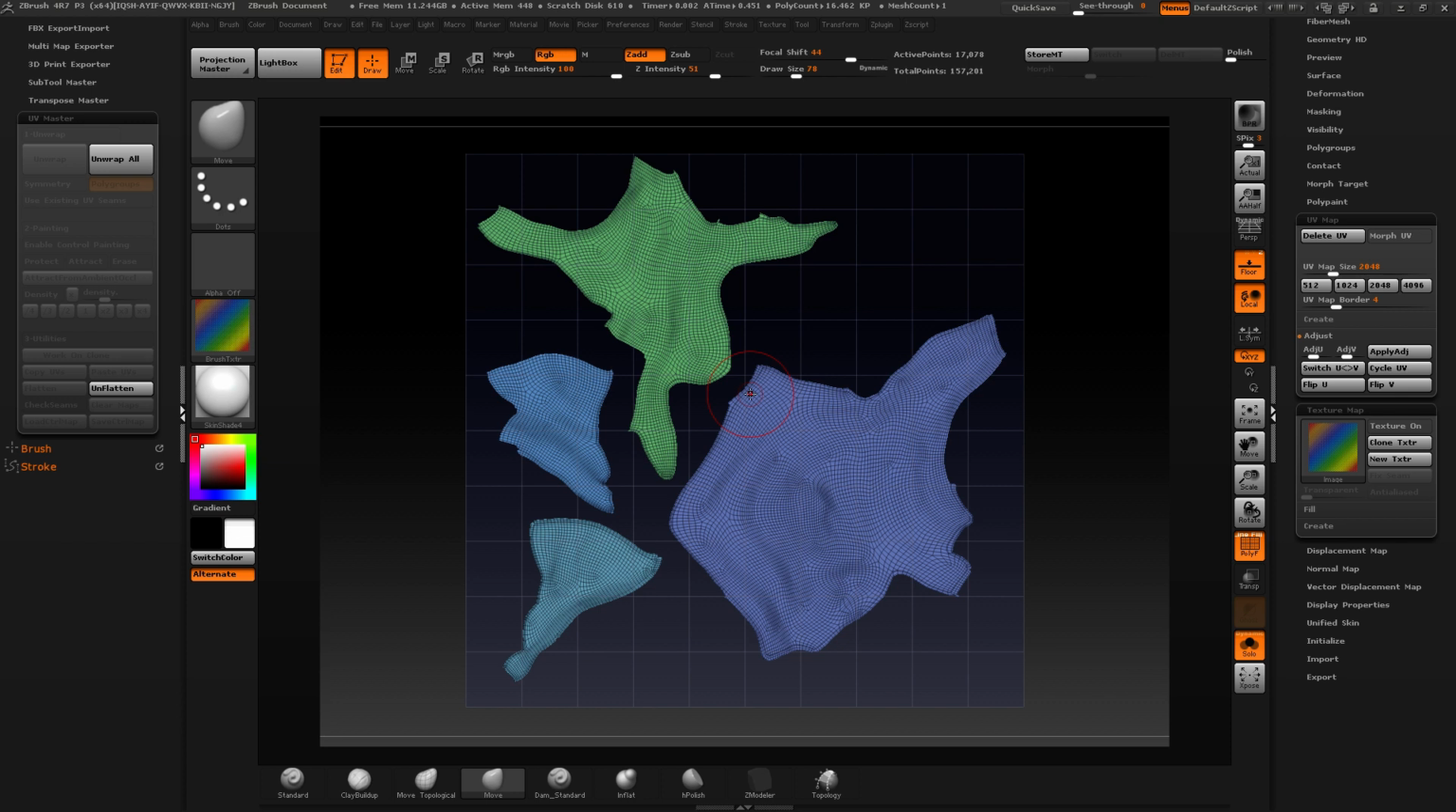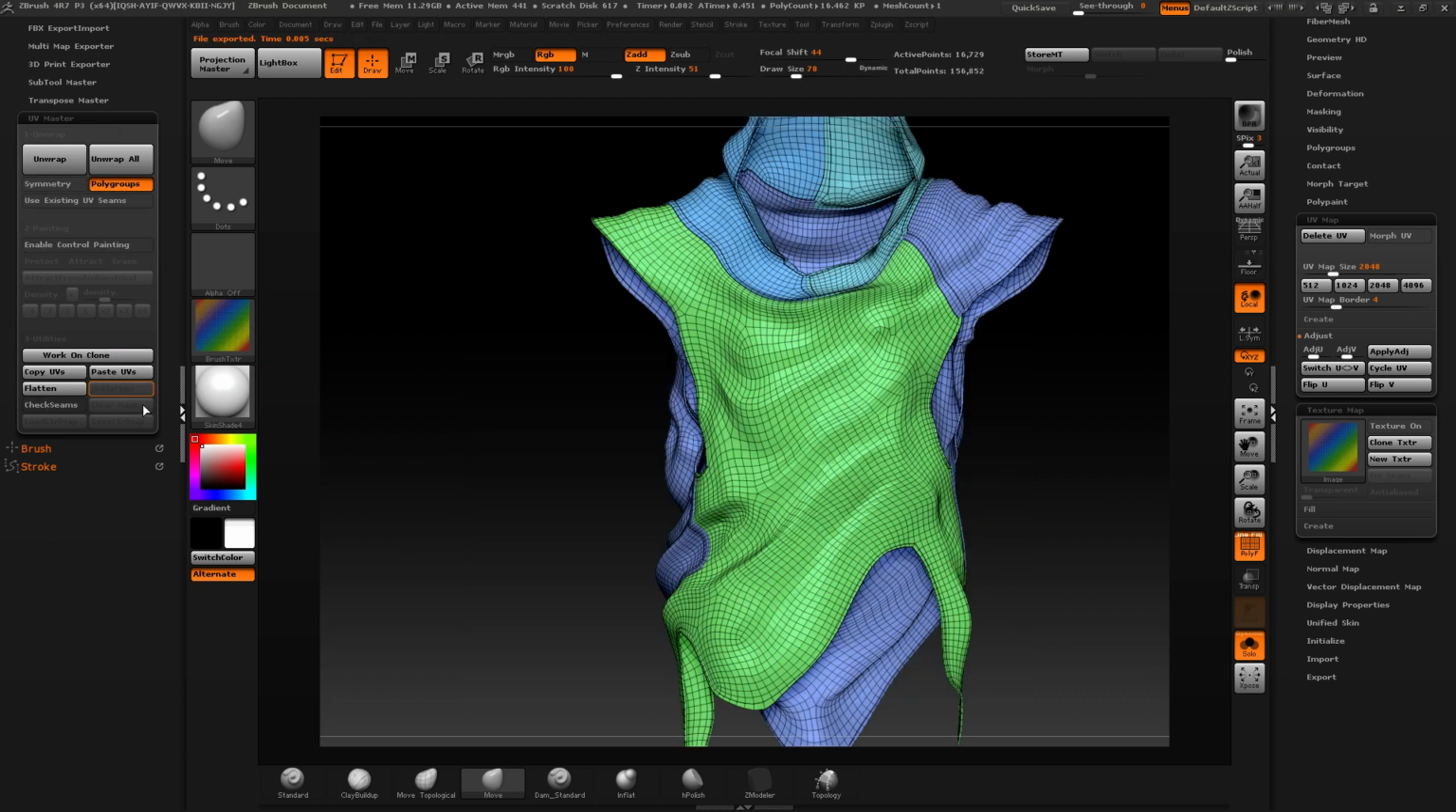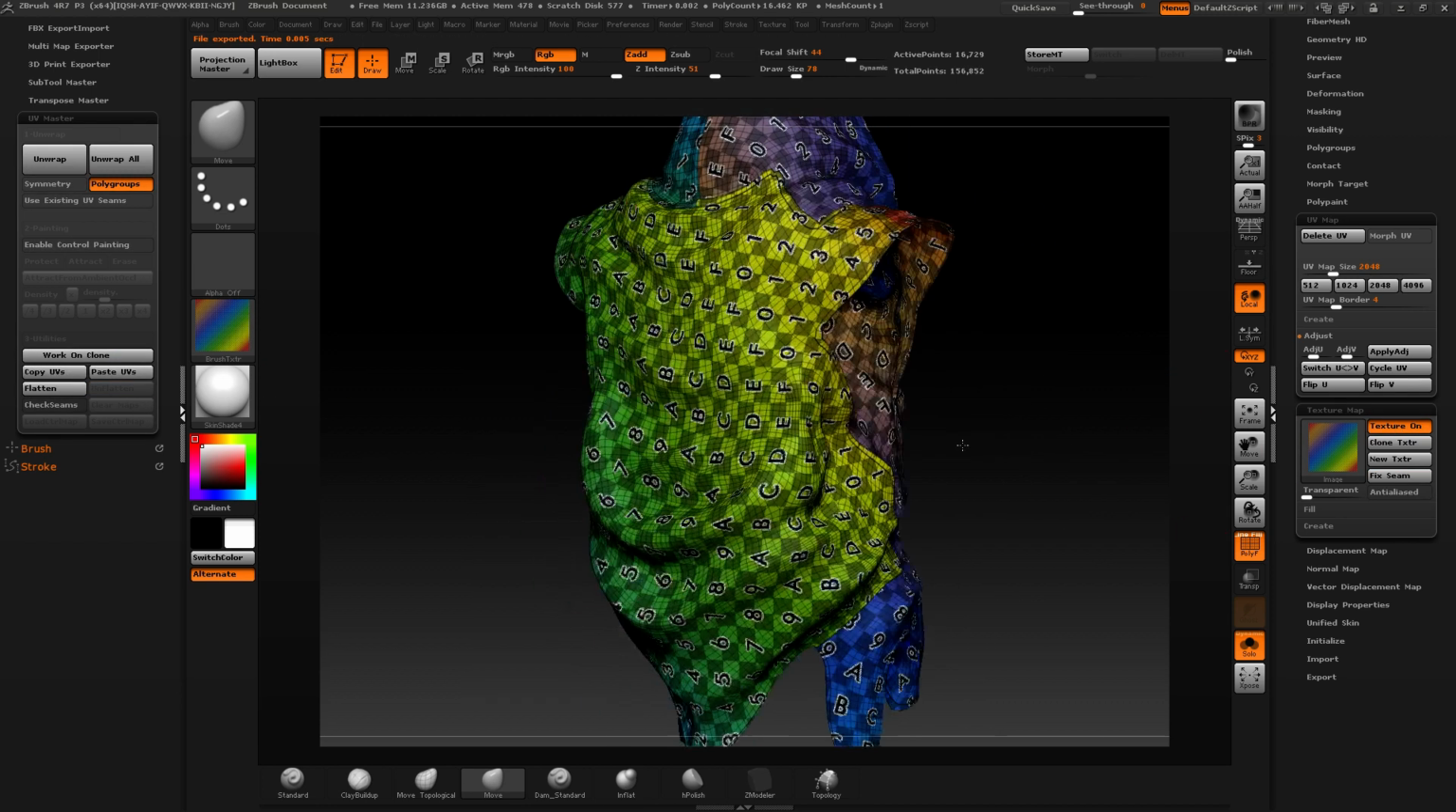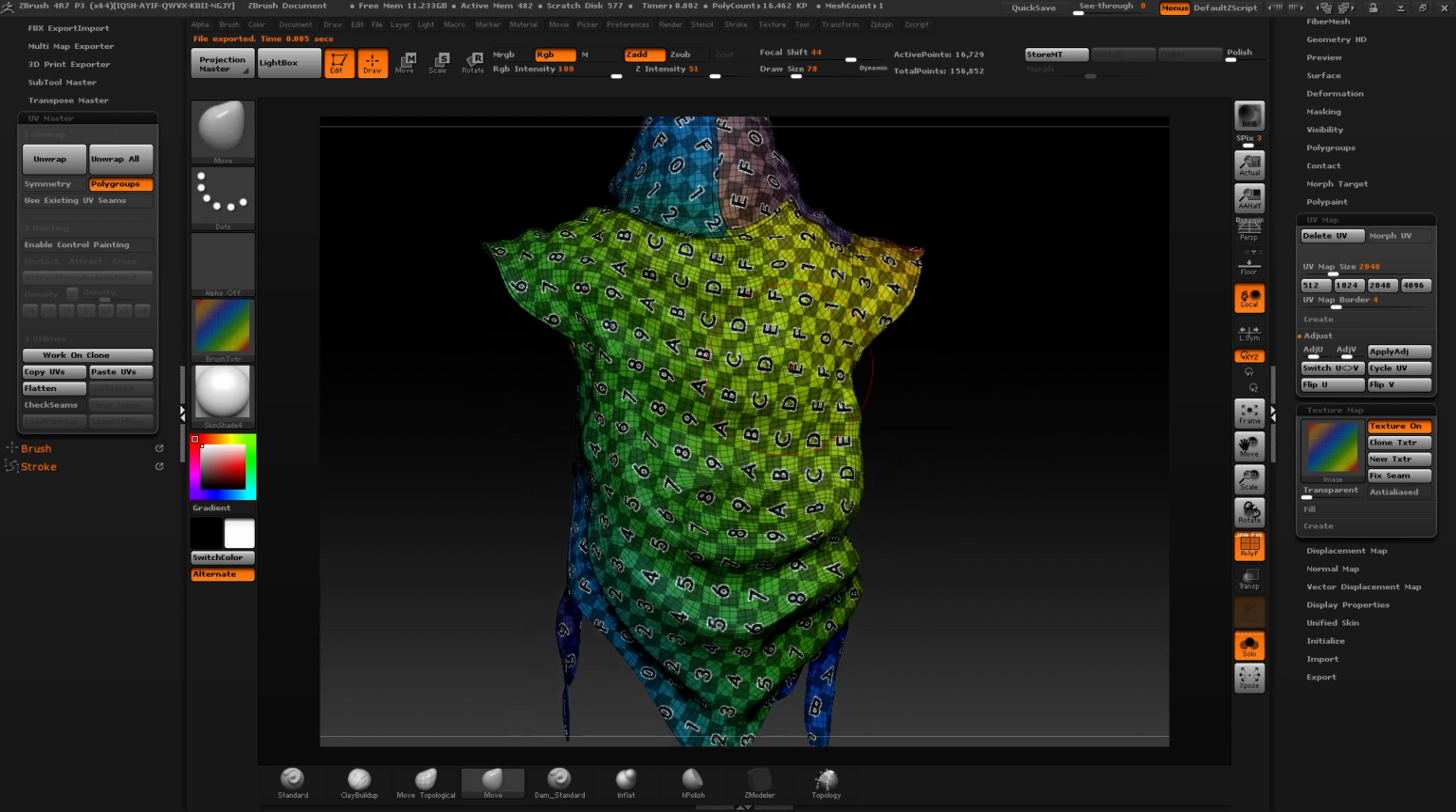I've always been of the mindset that I want to take up as much of my UV space as possible, so that I'm using every pixel I can. But I guess now, with everybody having computers that are so much more powerful than what I came up working on, we don't have to be so frugal anymore, and so now the concern seems to be more focused on the spread. So if I unflatten that and we turn on our texture,